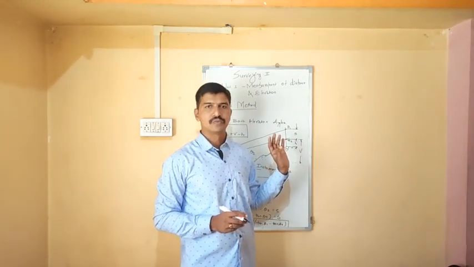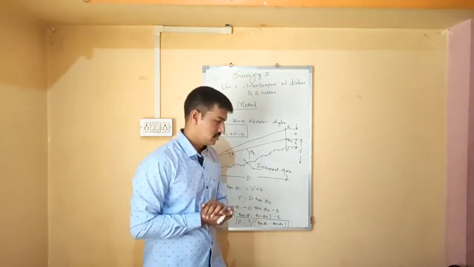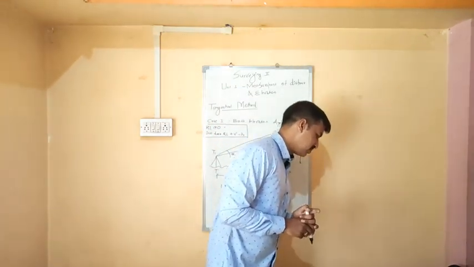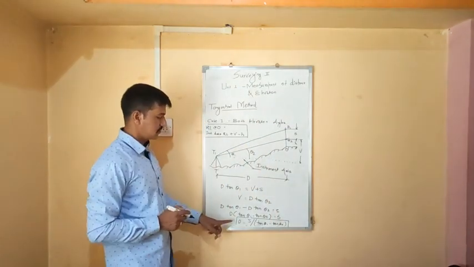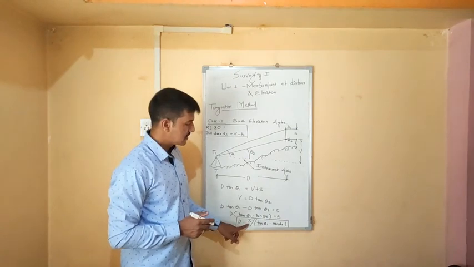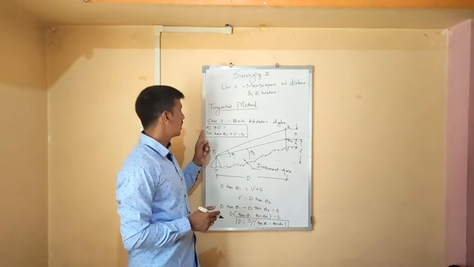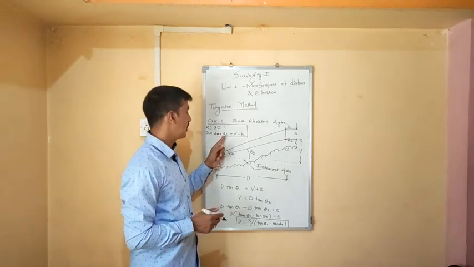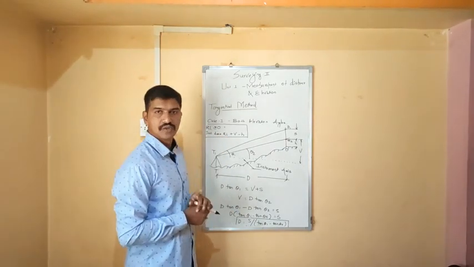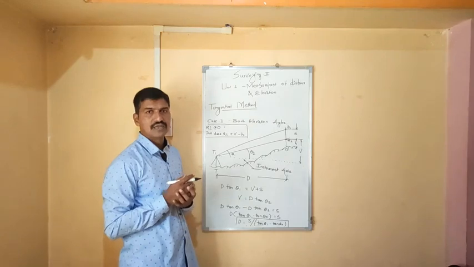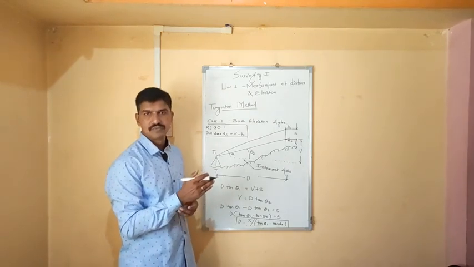Okay, students. So if you have any kind of doubts in your mind regarding these 2 equations, one equation is D is equal to S upon tan theta 1 minus tan theta 2, and second one is RL of point O, instrument axis RL plus V minus H. So here we have finished with the case number 1. Okay, students.